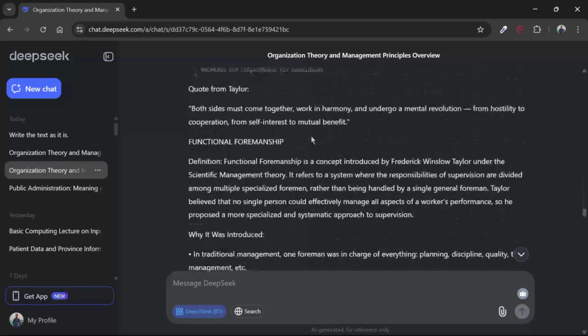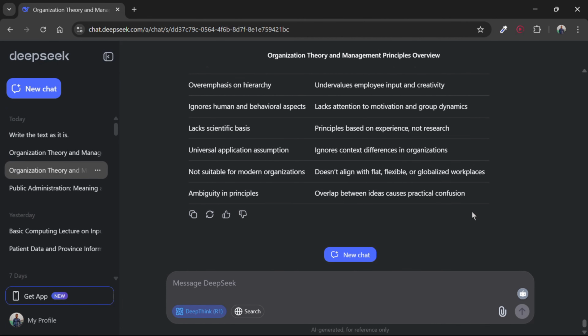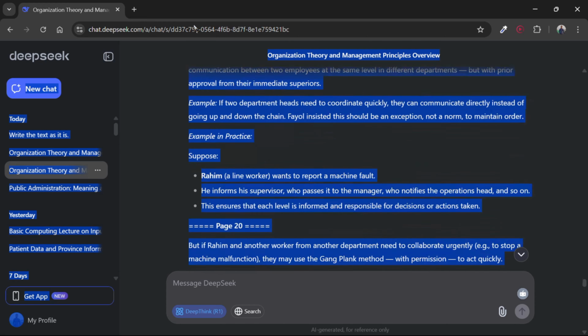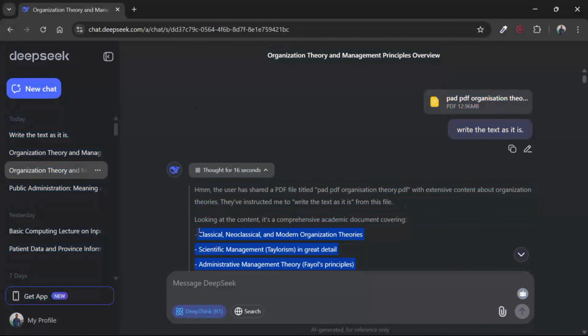Now we have to copy this. I have to copy in this way by selecting. If we just click on copy, it will add some asterisk signs. We don't need that. After selecting,